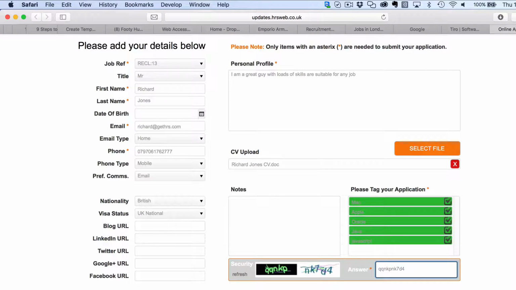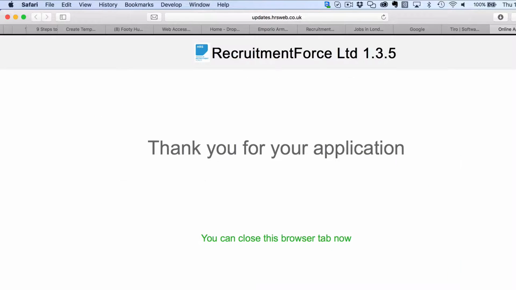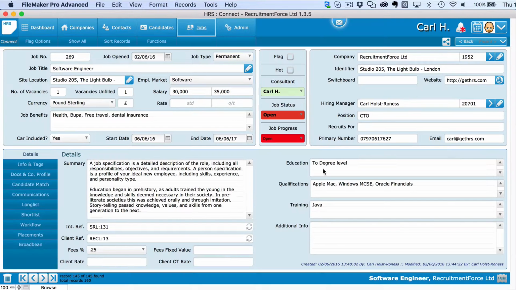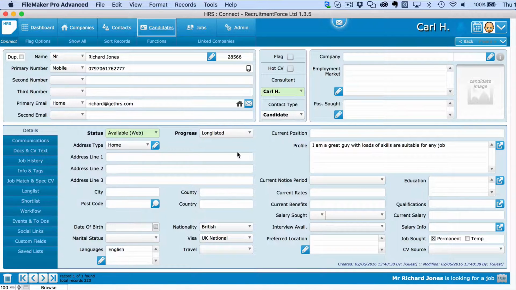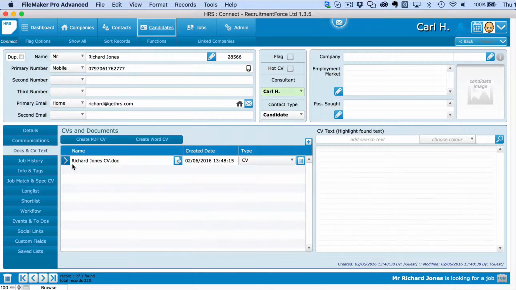So all we need to do is fill in the CAPTCHA, make sure you're not a robot, and your application is complete. Back in Connect, you'll get an alert as a consultant, and all you need to do is click on that alert, and the application that was filled in online is exactly the application that you saw being filled out on the website. So it's instant. You can go through obviously and add whatever information you'd like, but most importantly we have a